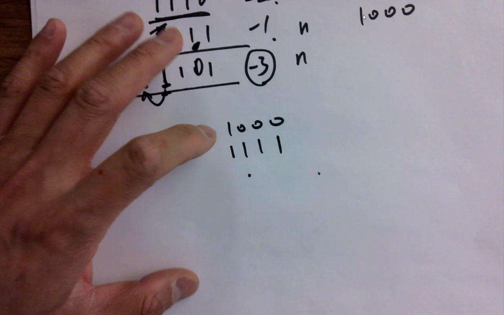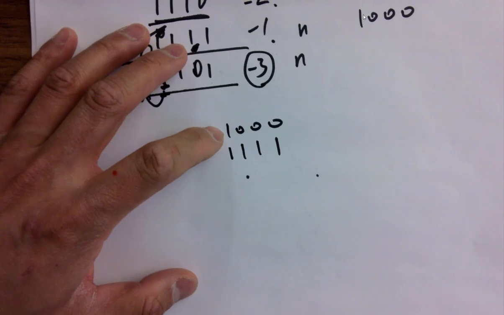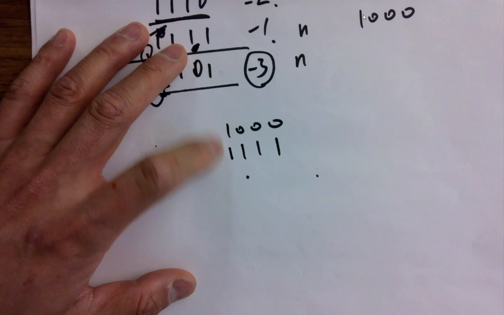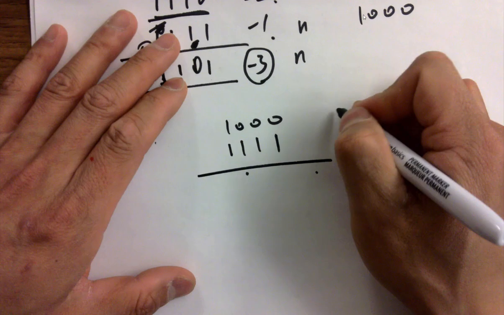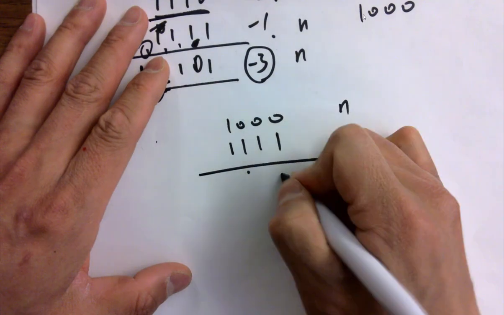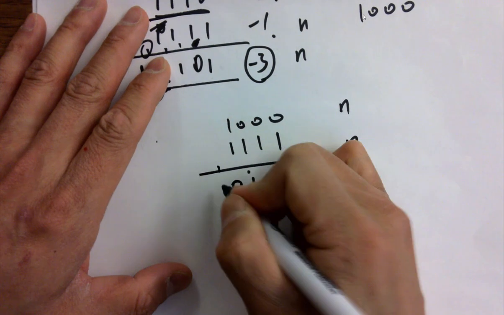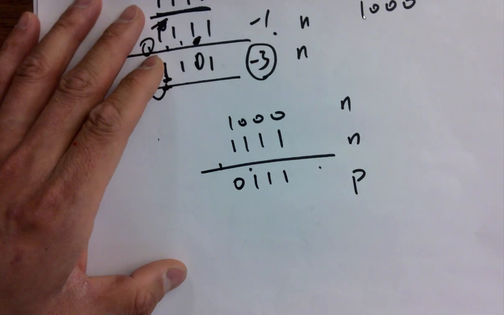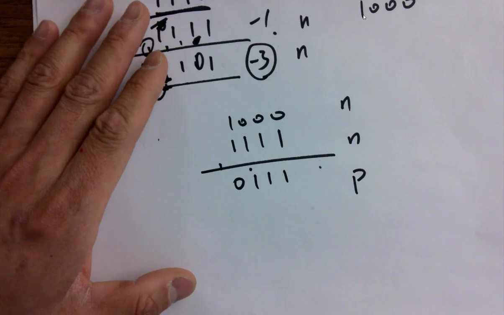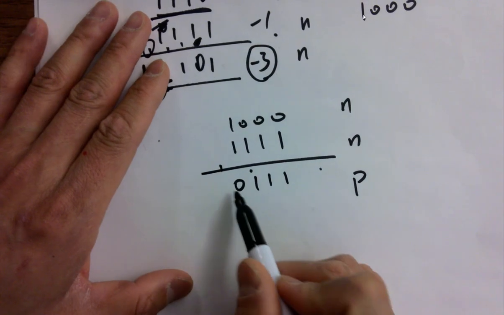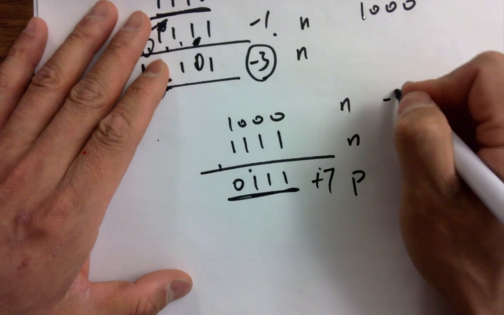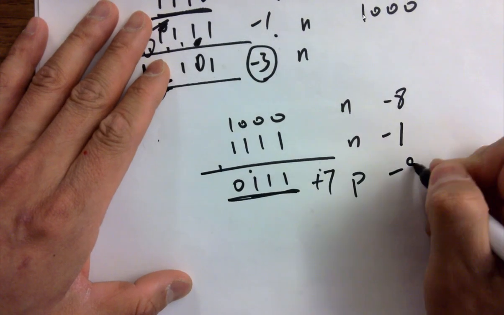Before we do the calculation, we know that this is out of range because this is the most negative, and so that's another negative number. So definitely overflow happens, right? Out of the range. And this is N, we know this is going to be P for sure. The overflow happens. And this is 1, 1, 1, 0, there's a carry out. Overflow happens. Use the carry out or not using the carry out? Use it. If you don't use it, this is what? +7, right? And this should be -8 plus -1, should be -9